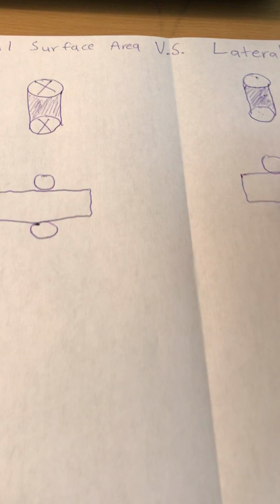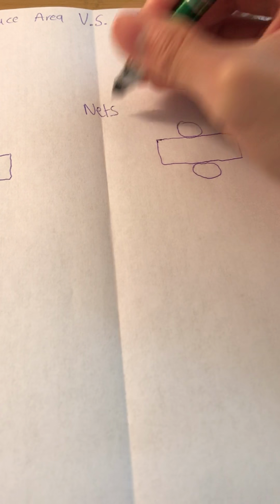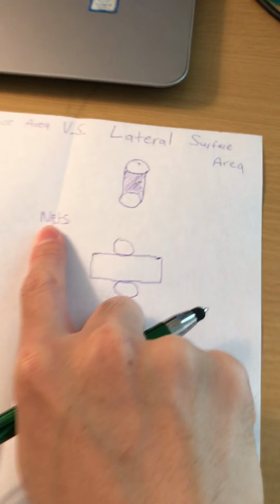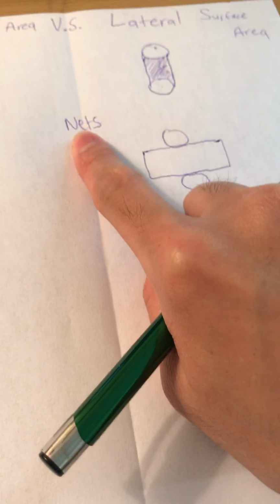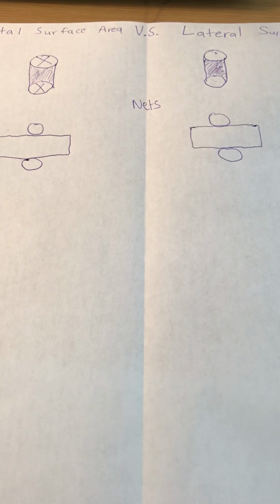So here we have the net. Again, here I'll write the word net. I'll write nets because there's two nets. So you remember what that is because you're going to see that word quite a lot. Okay, so again,